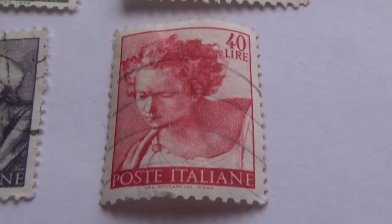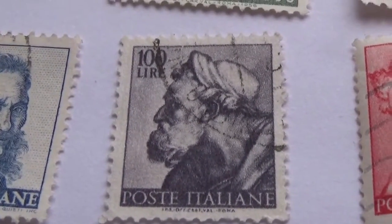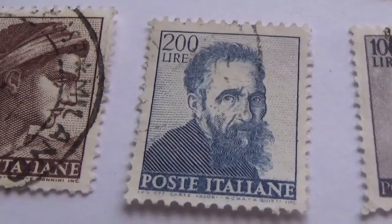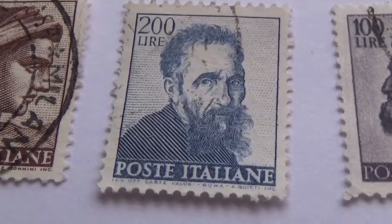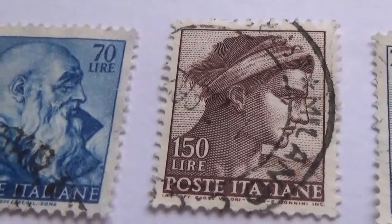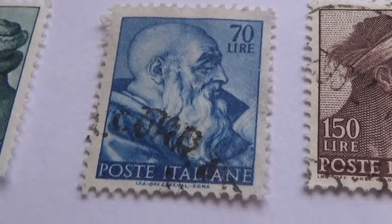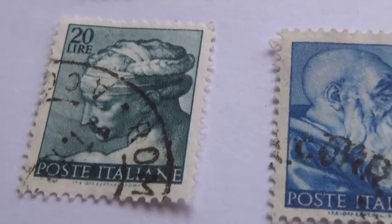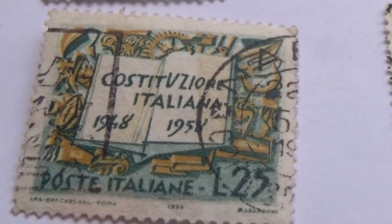We have a 40, a 100, $200, with a worried look on his face, 150, 70, and a 20. Okay, so I'm going to mark this one here as my most interesting one out of this